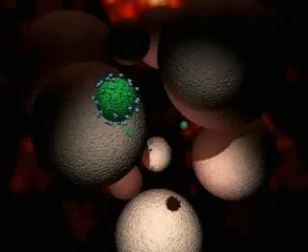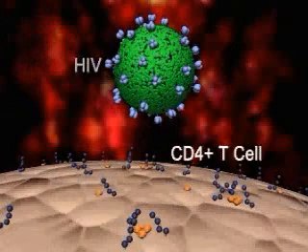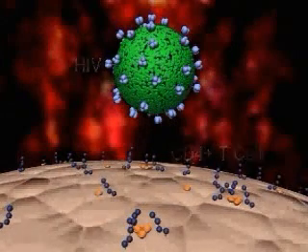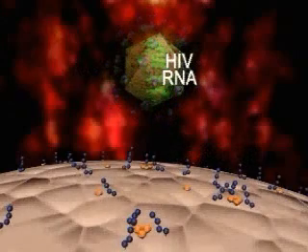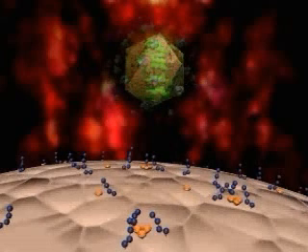HIV, like all viruses, lacks the ability to reproduce on its own. In order to replicate, HIV must target and infect a host cell, such as the CD4-positive human T cell. HIV is composed of a viral core containing two identical strands of RNA associated with the enzyme reverse transcriptase and